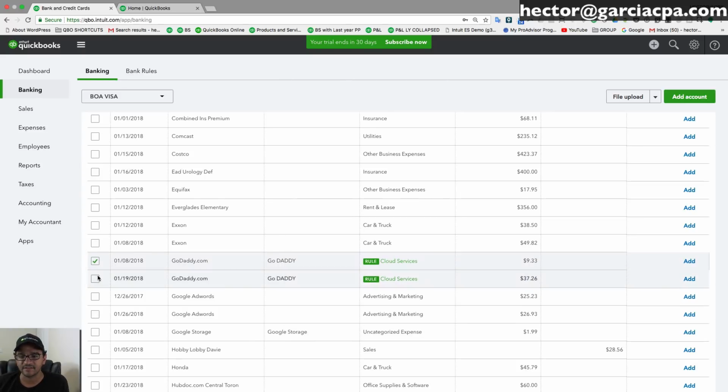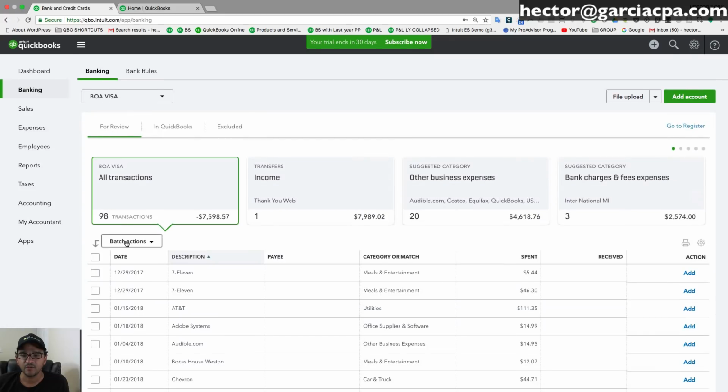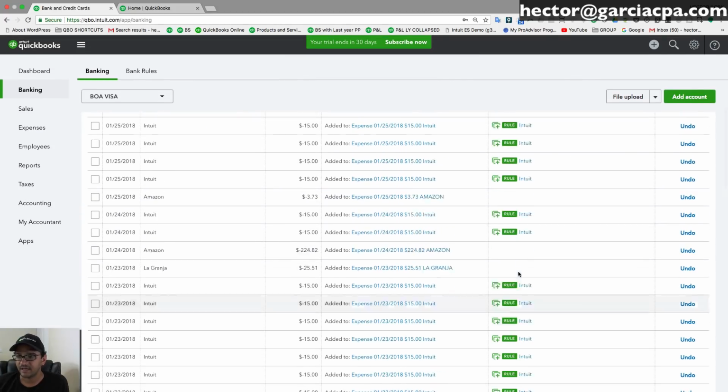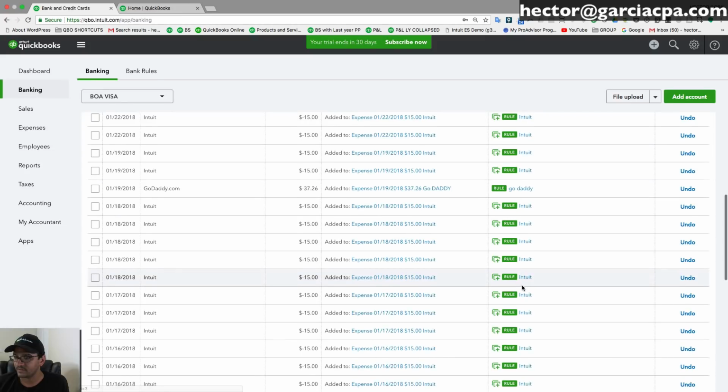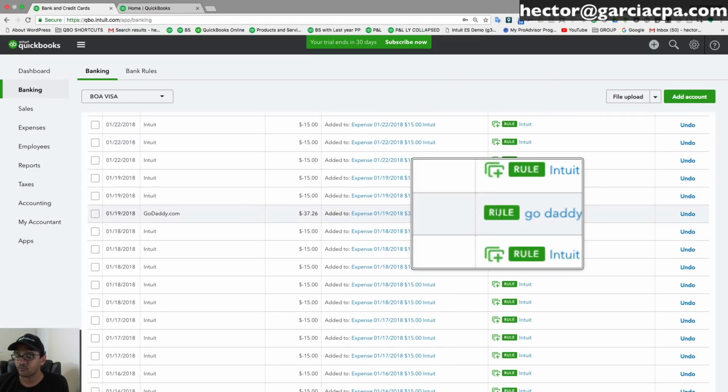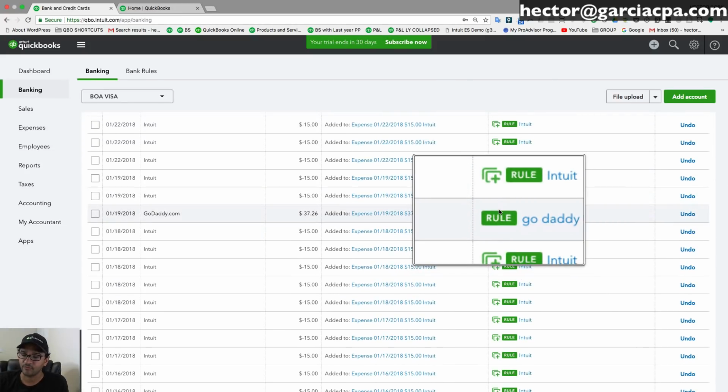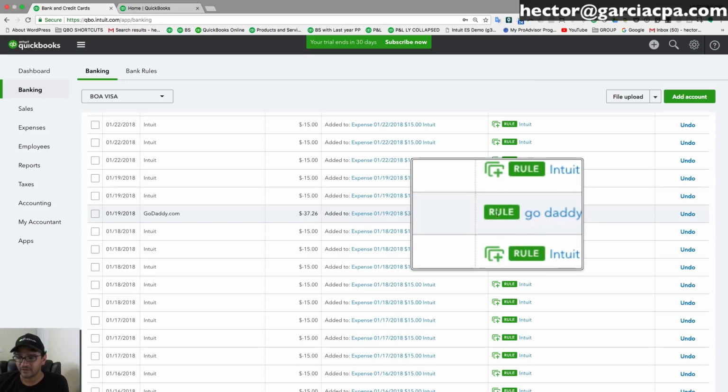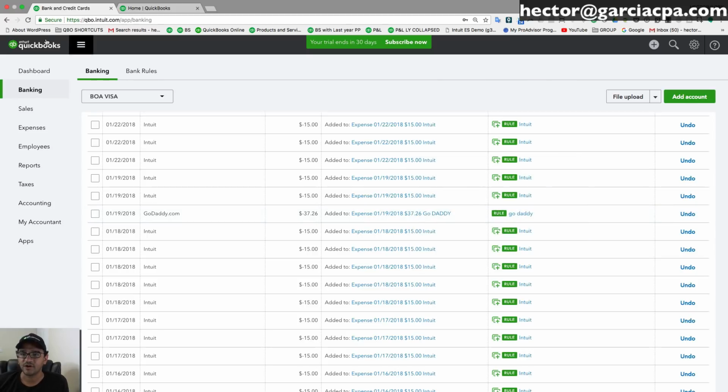Now, if I select these two and do a batch actions accept, and then go into QuickBooks, I'm going to see these were created by the rule. Let me see, okay, right here. That's created by a rule, but it wasn't automatically registered. You still have to press the accept button. So you get